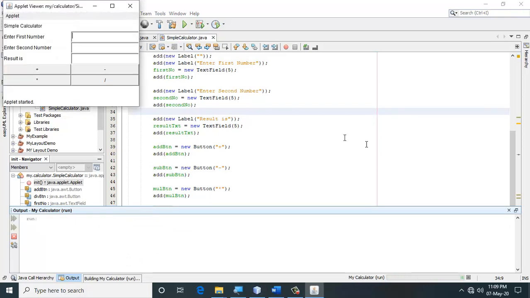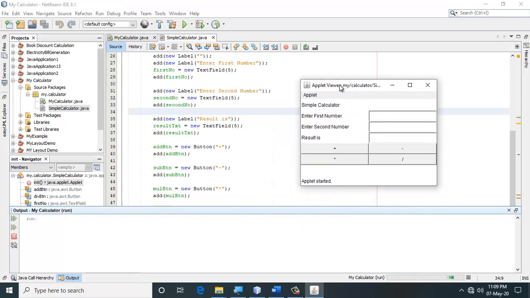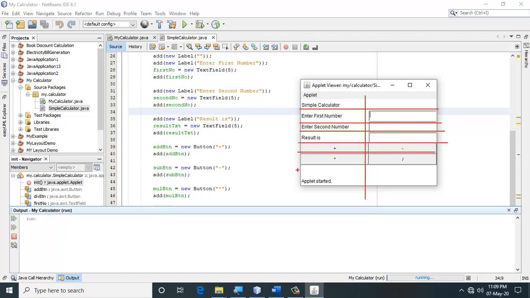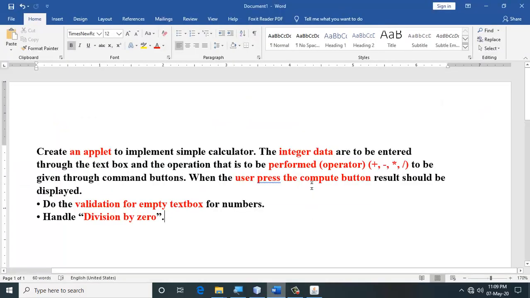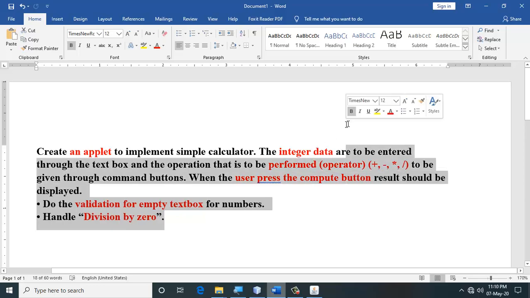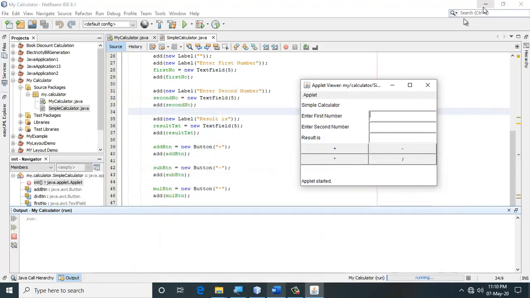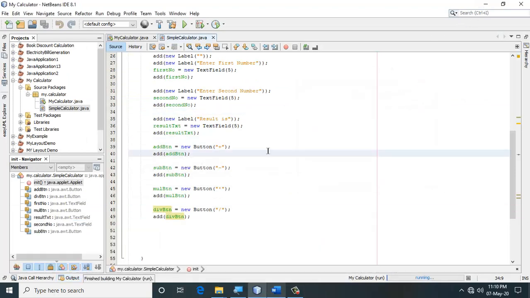When you run this applet, you notice that all of them have come. You have the first row and columns here. Rows and columns are there and they are appearing in a neat manner. All our 4 buttons are already there. Last thing that we are supposed to do as far as the question is, there must be a compute button. When the user clicks on this compute button, we are supposed to do the calculation. So let's go ahead and add the last button.